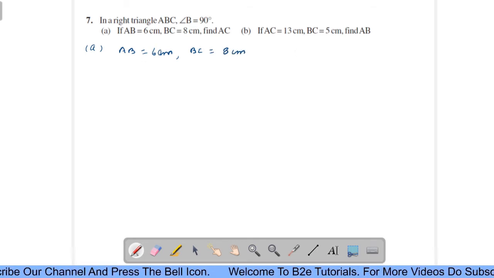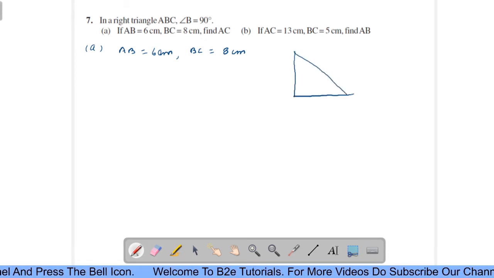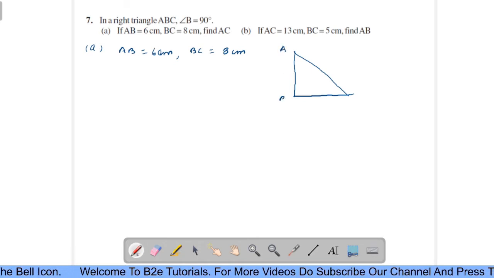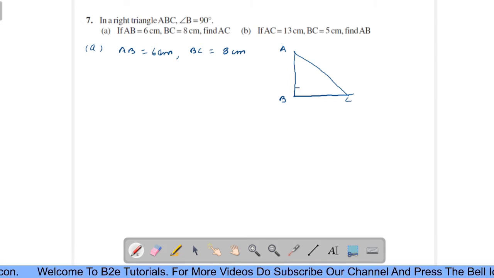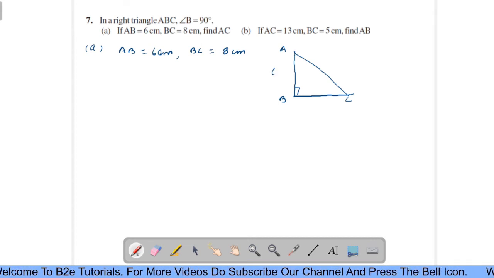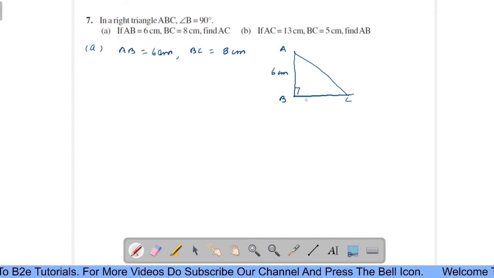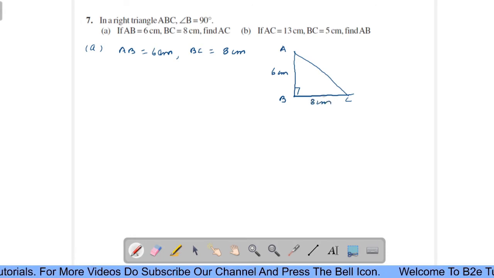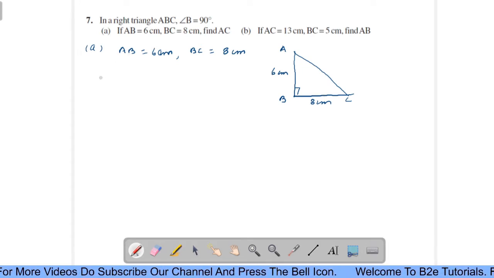So let us draw a right angle triangle A, B and C, right angled at B. Here AB is 6 centimeter and BC is 8 centimeter. So by using Pythagoras theorem,